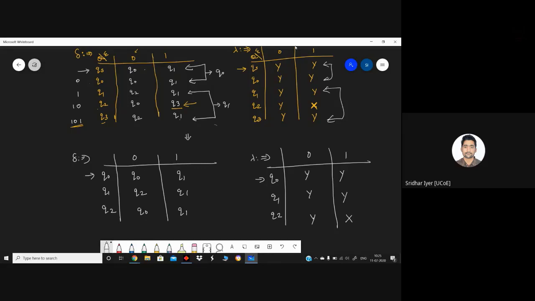What was asked in the question? 101. So I can say that it is 1, it is 10, and it is 101 to be in short. So now I can say that wherever Q2 is present, that particular state is getting converted. So now we have done some kind of a conversion. This part is not required. I'm just using it for demonstration purpose. Okay. So you can simply convert this or merge the states and convert this into a minimized table.